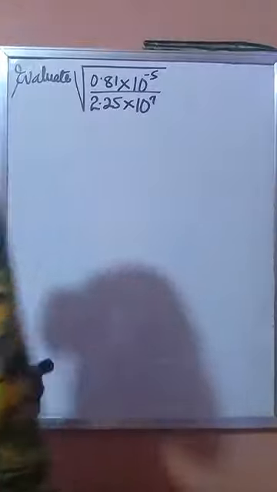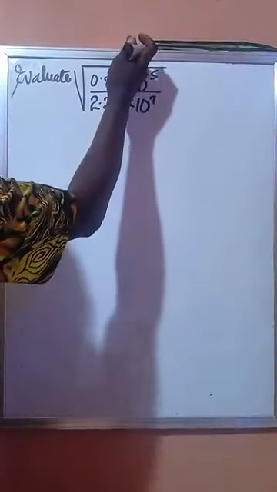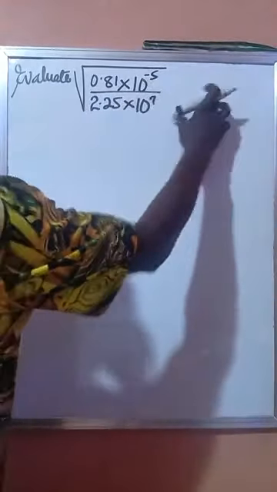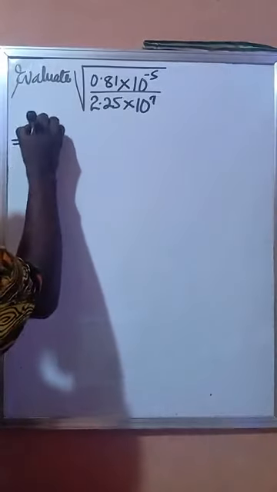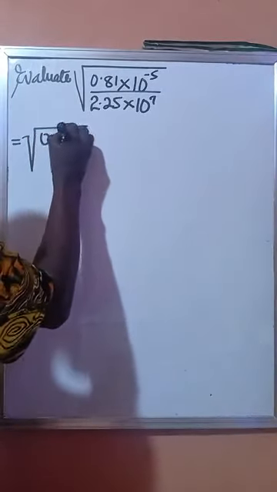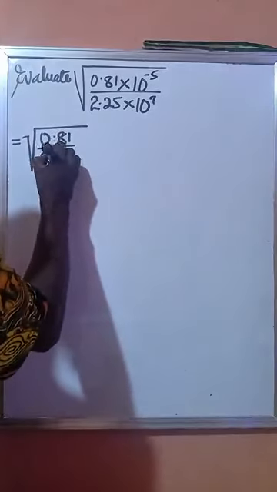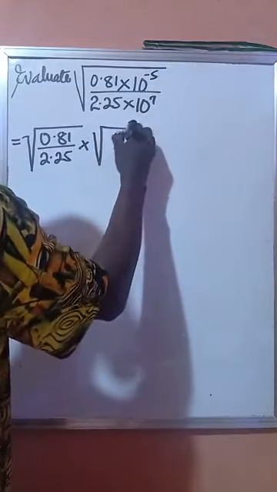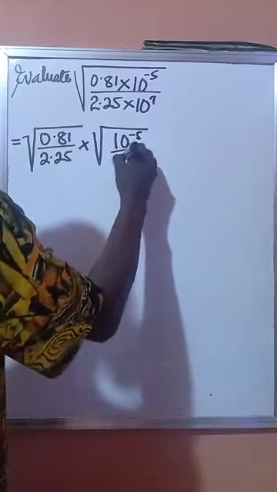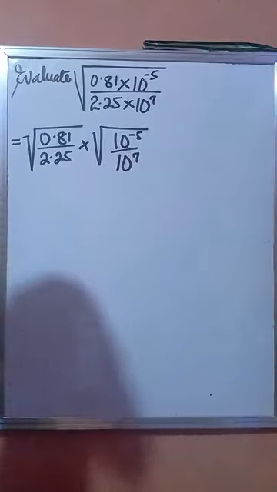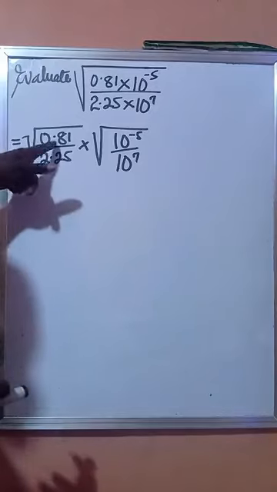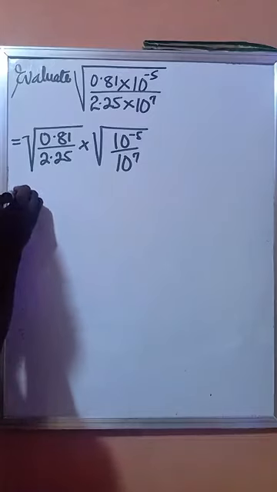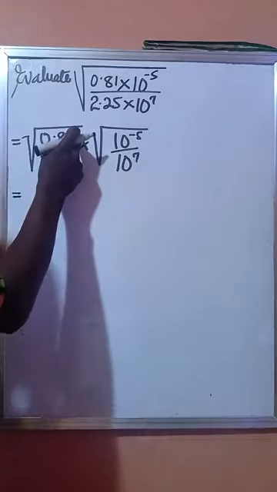Now we can approach this question in another dimension, as we can split the numbers, decimals on one side, the whole power of 10 on one side. We can write this as square root of 0.81 divided by 2.25 times square root of 10 raised to the power minus 5 divided by 10 raised to the power 7. From there, we can now eliminate the decimals. This we can multiply through by 100,